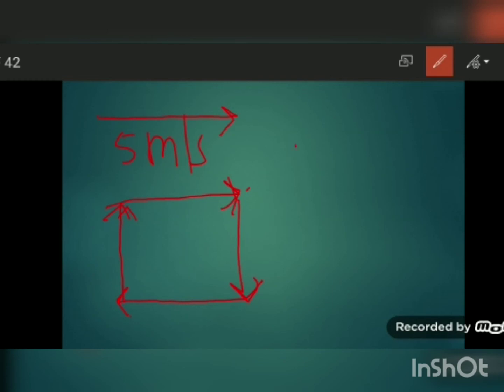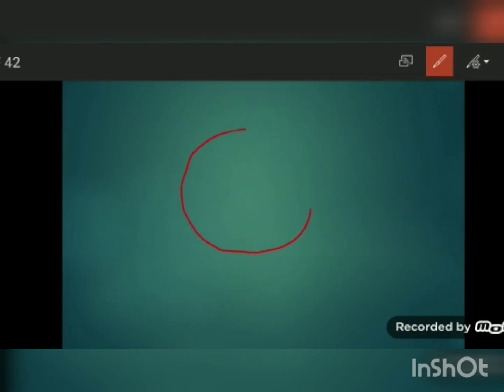Now in the same way, if we increase the number of sides, suppose an object is moving like this, although the velocity is again 5 meter per second, the direction is changing this many times, so this motion is also accelerated motion. In the same way for circular motion, at every point its direction is changing, and that direction is represented by the tangent to the circle, and so circular motion is called accelerated motion. So what is the meaning of uniform circular motion then?